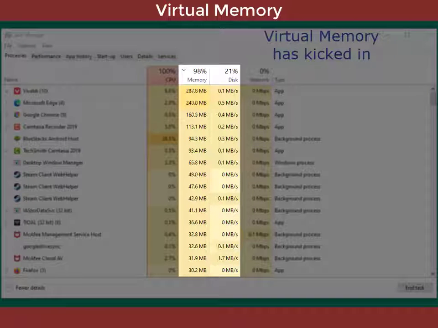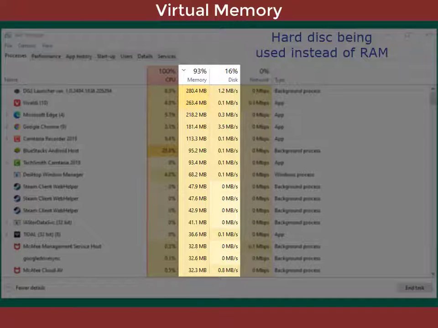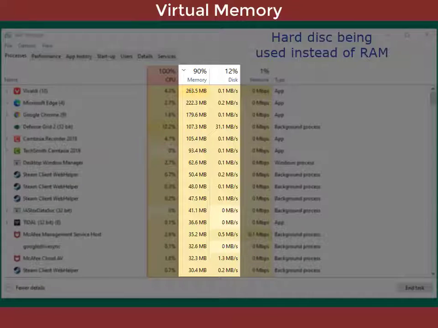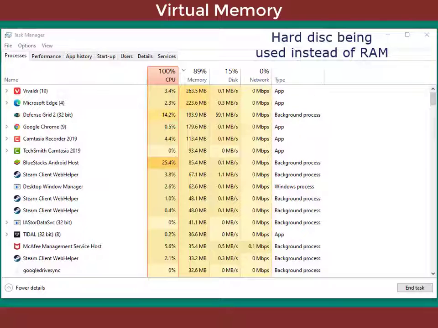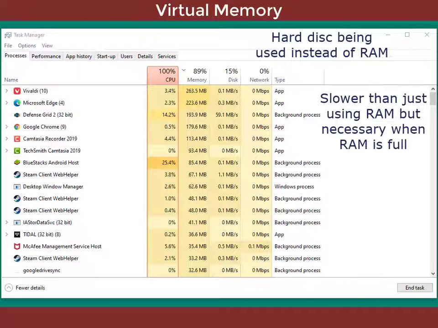It has earmarked a part of the hard disk and is using it just as it would have used RAM if it were available, storing data and code that it is currently working on in that space. This is not as quick as it would have been using RAM alone, but it gets around the problem of having filled up the RAM with the code and data from all the other apps that are also working away